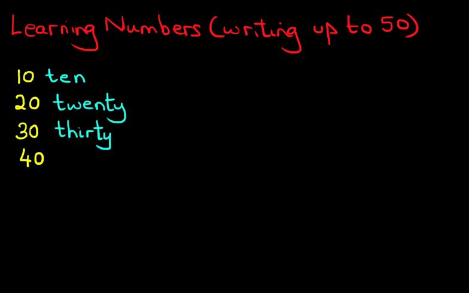Now there are two ways of writing this. You can either write down 4, F-O-U-R, and then with a T-Y. That is written in some countries, but the most common method is F-O-R-T-Y. There is no U. F-O-R-T-Y. 40. And the last one we're going to look at is